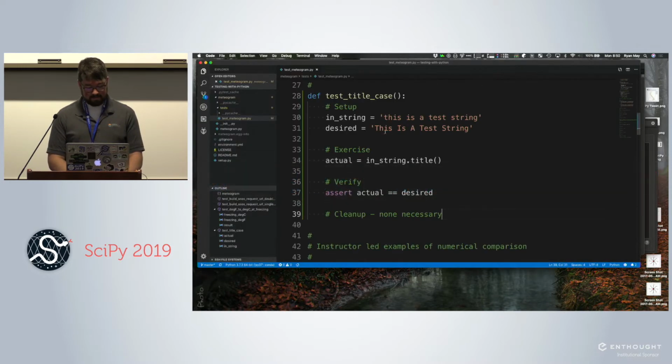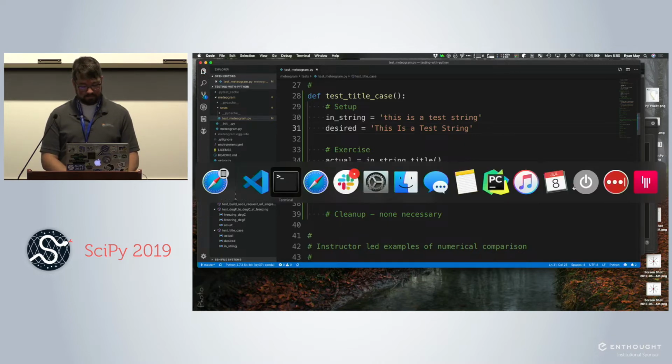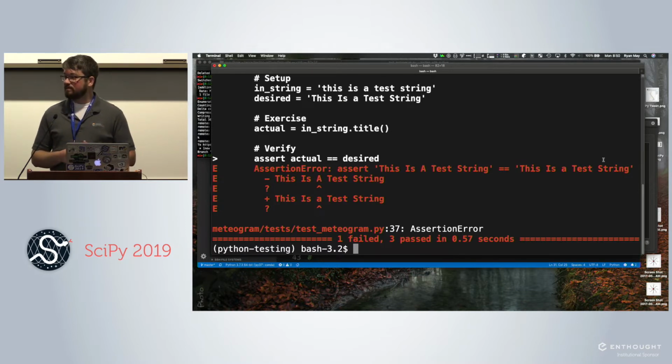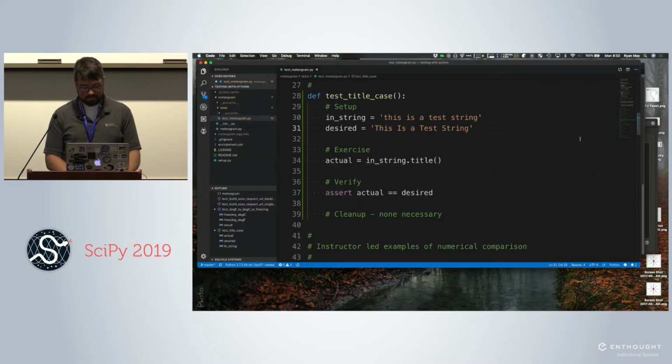Maybe you had thought that title was going to be smart enough to not capitalize A, so that was your expected result. And if you run it, you would get a failing result, of course. So you say, well, I expect to get this out. I didn't go read the documentation on how this is going to work. You wrote a test, and this test just saved you because the method did not do what you thought it was going to. It's helpful with using methods that other people have written. It's also really helpful for using methods that you wrote anything more than about 6 hours ago.